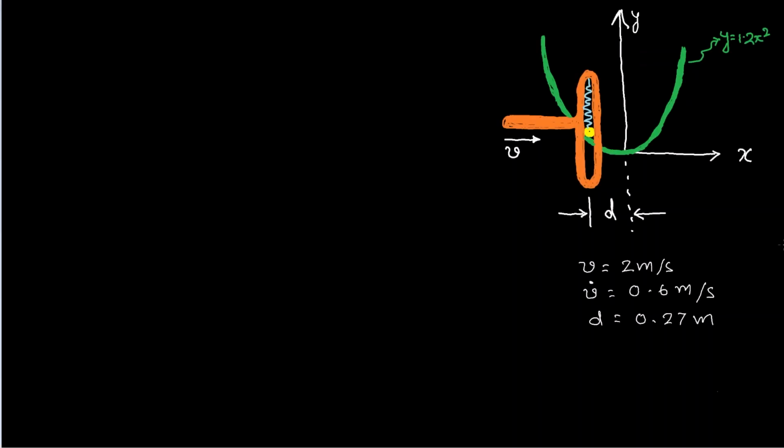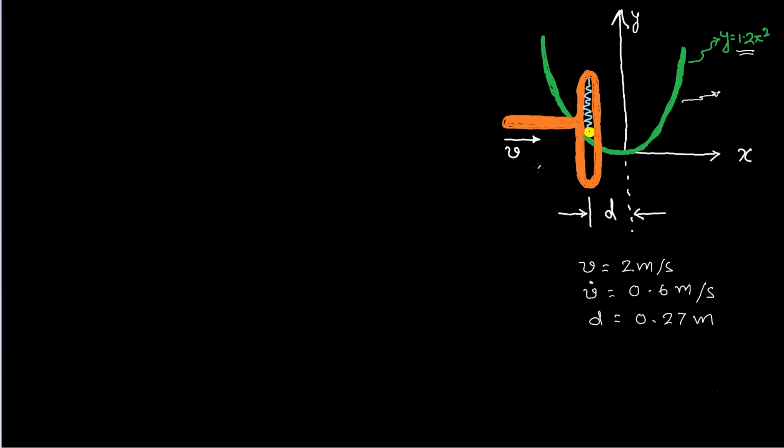In this segment, we will be solving a problem from kinematics, related to a constrained particle, a particle which is constrained to move on a particular path, and we will be using Cartesian coordinates to solve this problem. And the problem goes like this. As you can see, there is a track here. So this is the track which is given by the equation y is equal to 1.2 x squared, on which